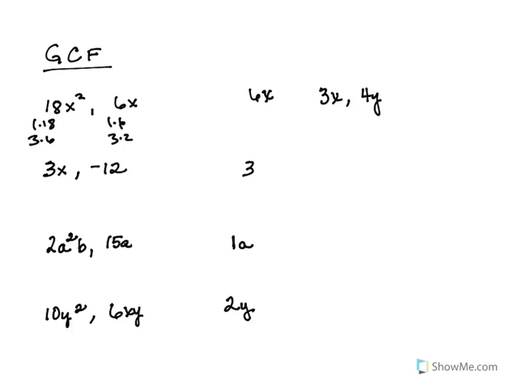So let's look at 3x and 4y. So we're doing a GCF. So 3x and 4y. So when we look at the 3 and the 4, the GCF there is a 1. When we look at x and y, again, there's just a GCF of 1. So for this instance, there's no variable that's going to come as a GCF. So you must show the 1. Okay, so you have to show that 1 is the GCF, as opposed to if we had